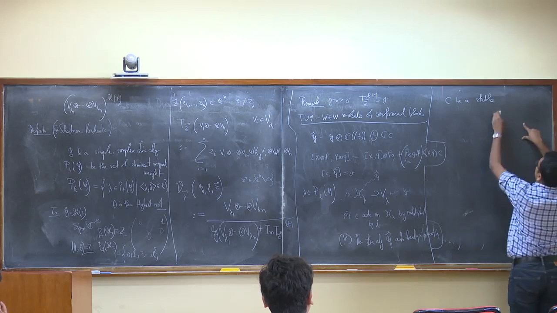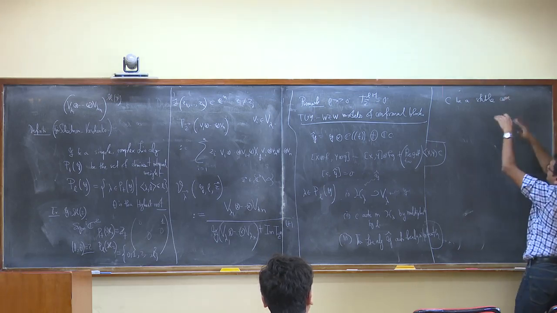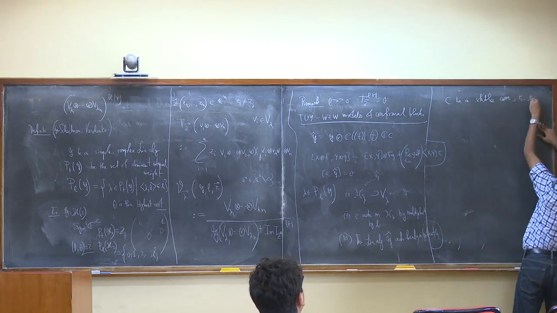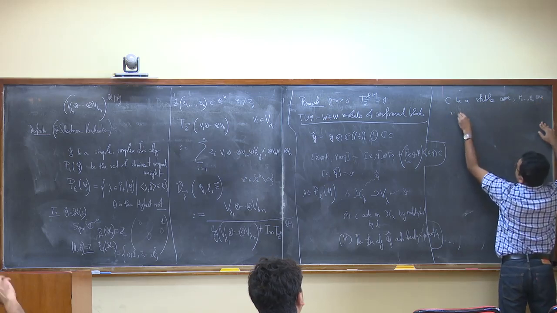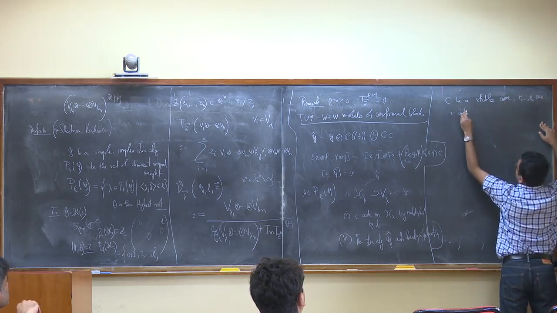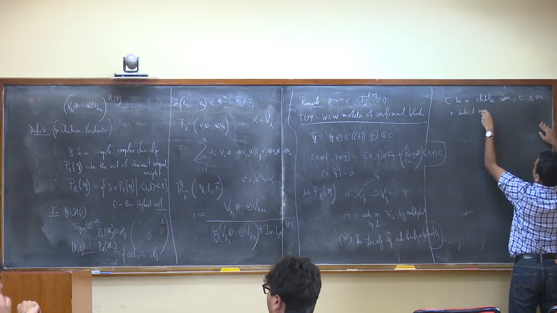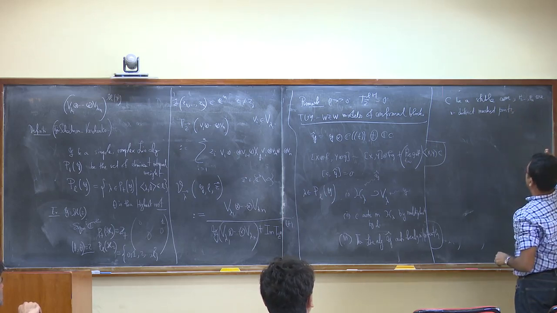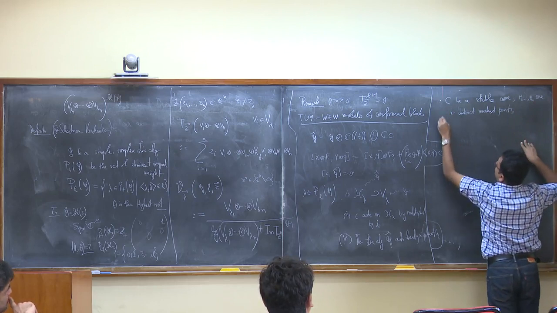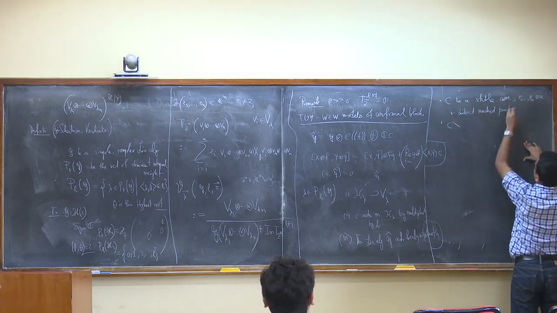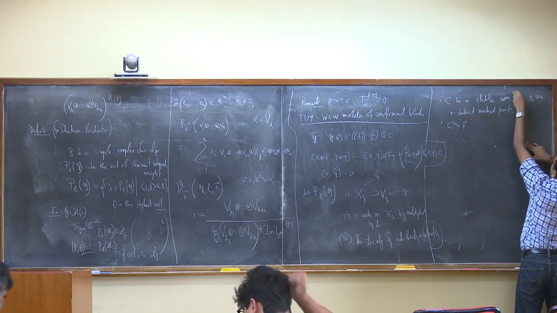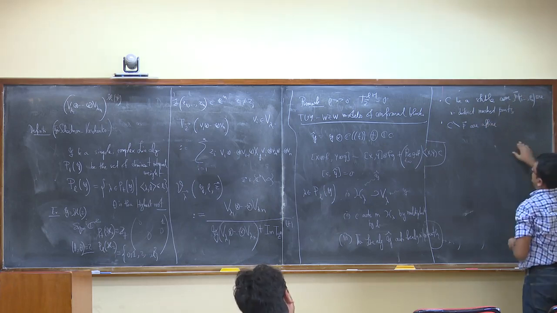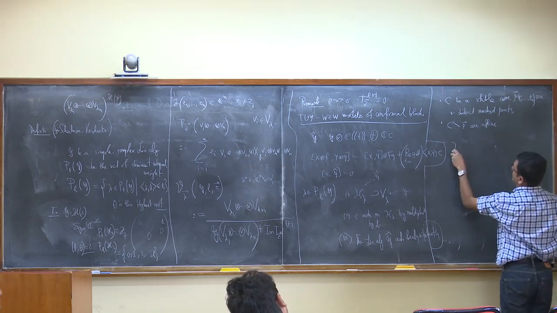Okay, so C is a stable curve, which means that it could have singularities, but the singularities are nodes, and say P1 up to Pn are n distinct marked points. And then I'm assuming that C minus the marked points is affine. So then I'm going to define conformal blocks again.